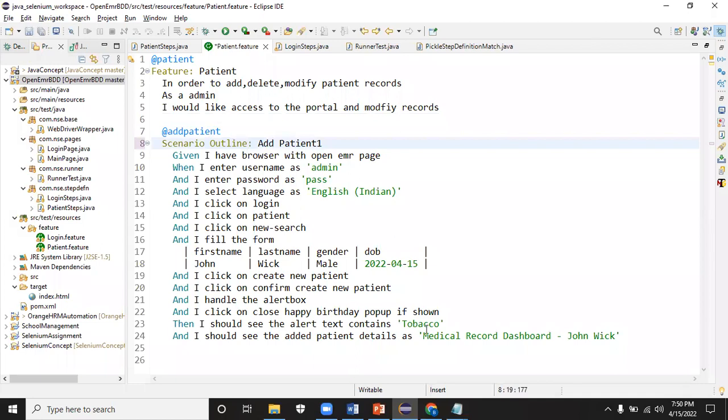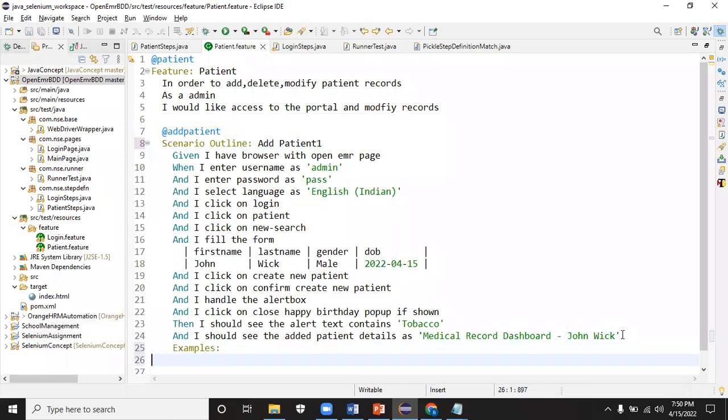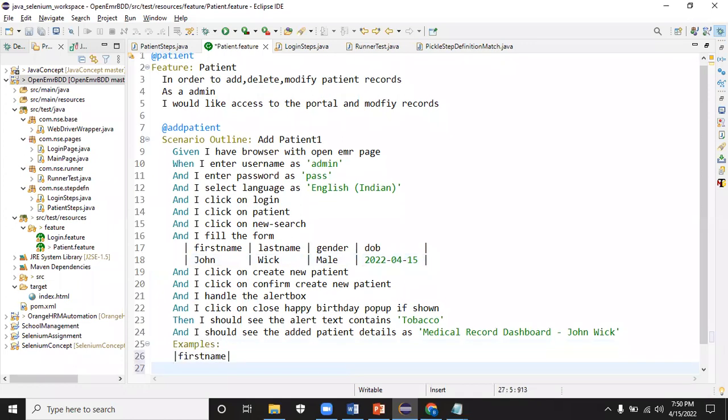Scenario outline should be followed with examples for sure. You have to give that example. Now, what are the records I want? I want to run with different records. First is John. That's the header I need to give, something like first name. I want to run with this first name. So first name, last name. These are the records we want to dynamically send. Last name, DOB,